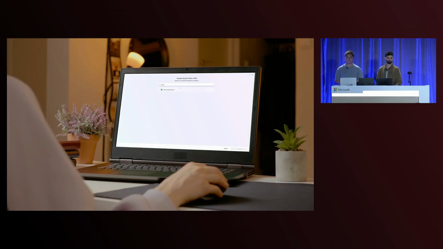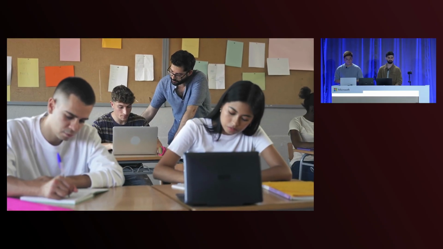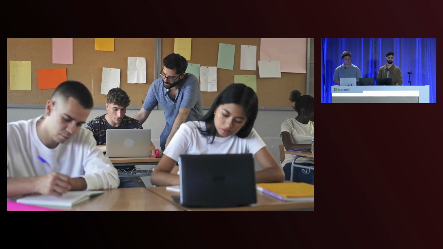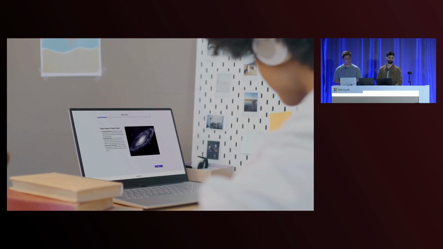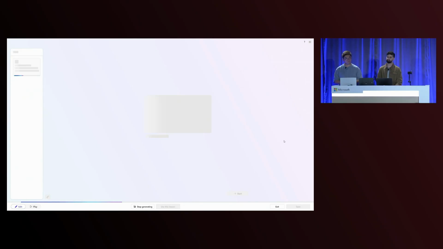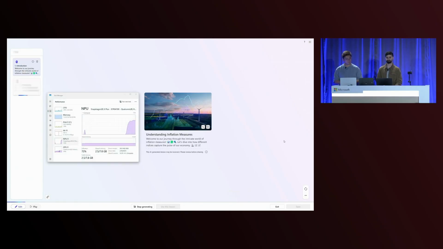Project Spark is Microsoft's pioneering learning app on Copilot+ PC, designed to assist educators in saving time while delivering effective, inclusive, and personalized learning experiences to their students. With Project Spark, educators can utilize the on-device AI to create interactive lessons from their own content or from vetted educational materials, review those lessons, and share them with students.